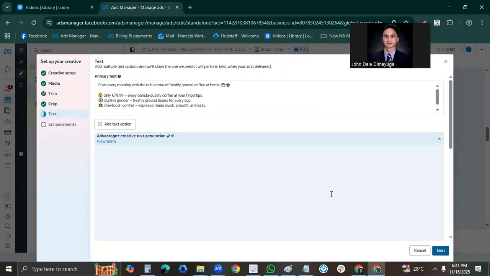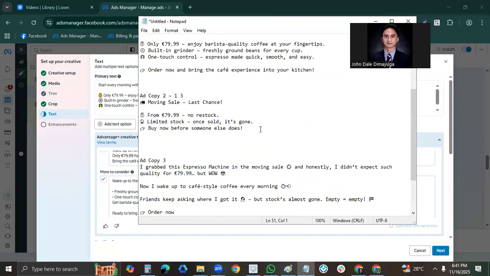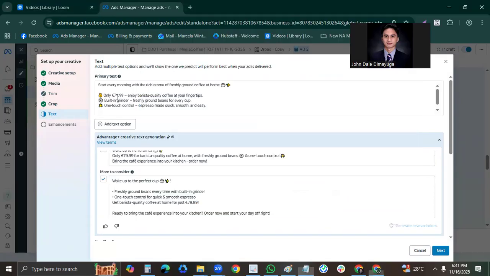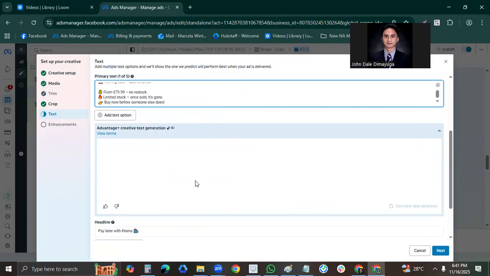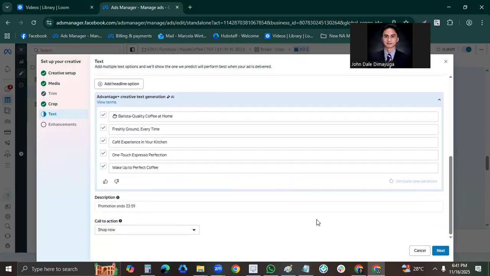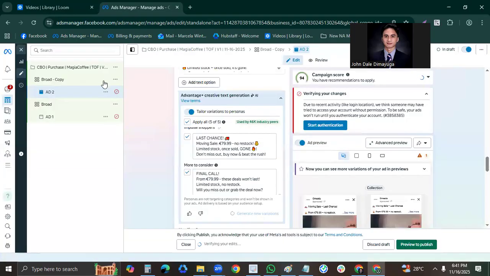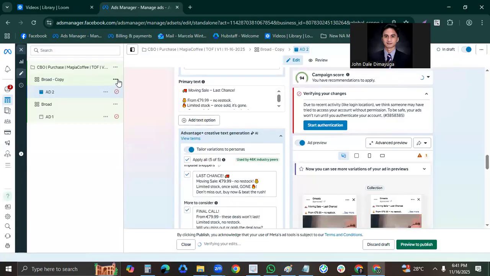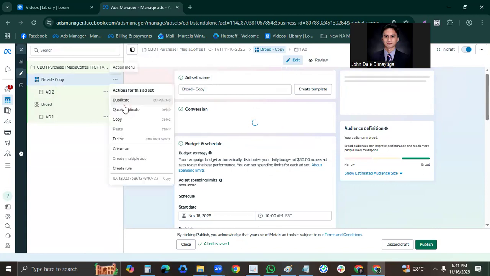And then let's change the primary text according to our ad copy 2. Nothing to change for the headline, just the primary text, and then next and done. This is for the duplication. Let's say there is no error supposedly.